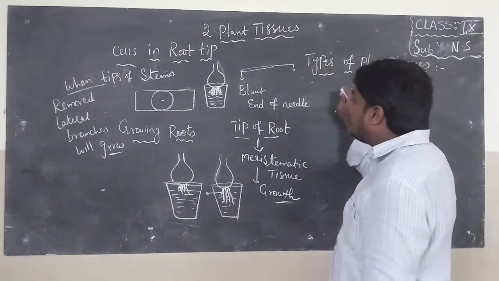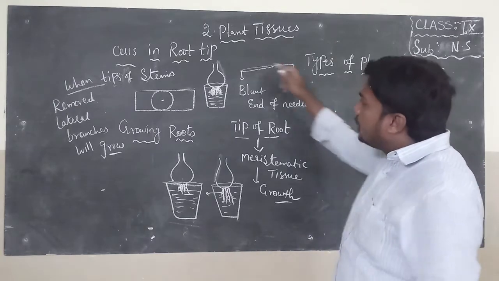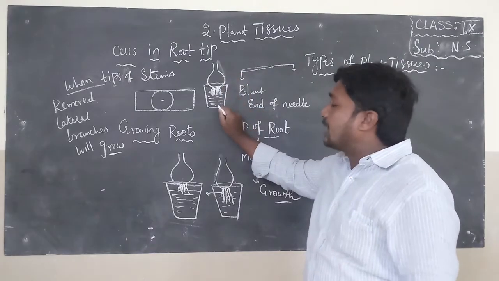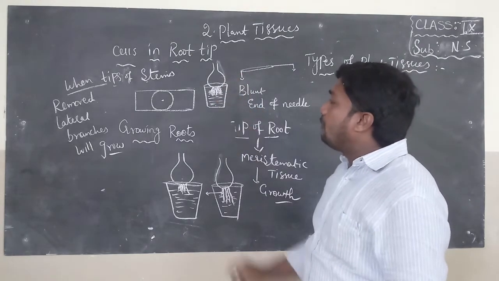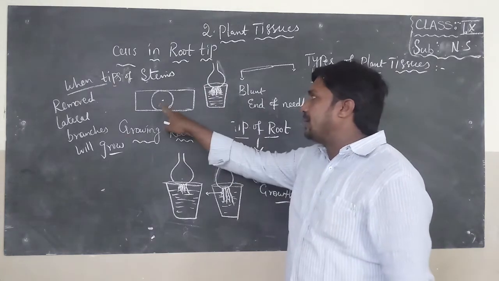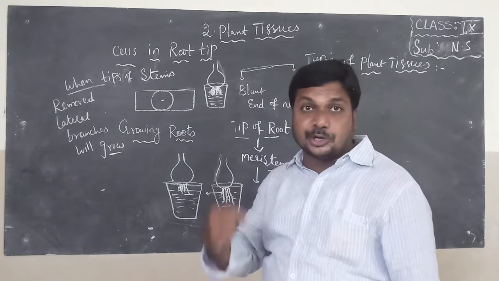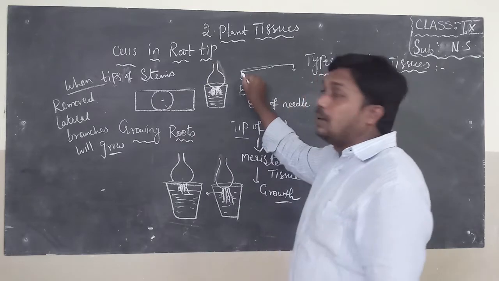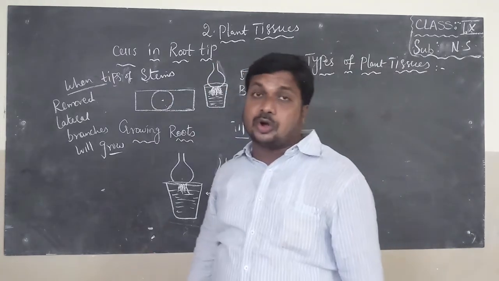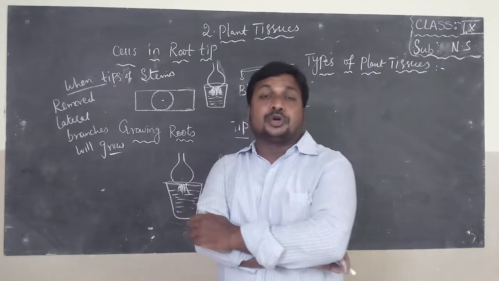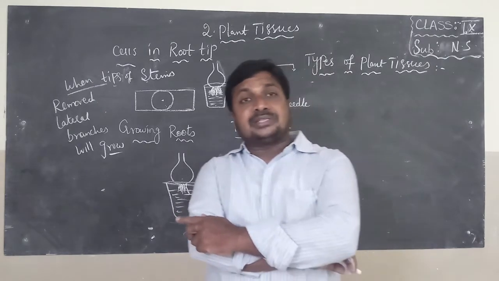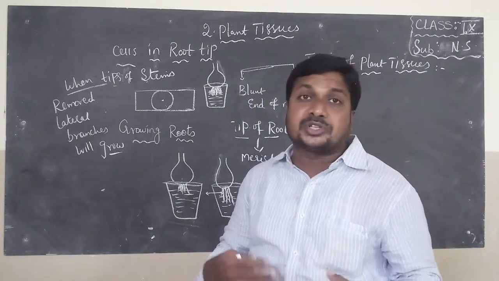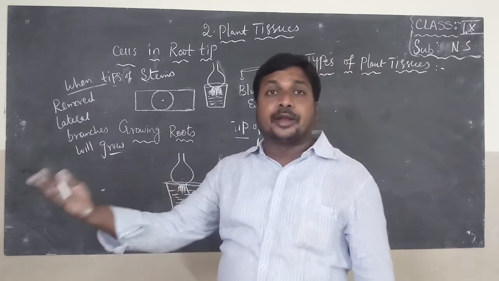So according to this, types of plant tissues. In this activity, we kept an onion along with roots in a glass of water, and when you cut the tip of the root, keep it on a slide, put a water drop and glycerin on it, and cover the slide with the cover slip. Now press the material with the blunt end of the needle, and if you observe under the microscope, we can find cells like this. Already I showed. So already we observed cells in onion peel and cells in a leaf. If you observe in these three activities, we can find that cells have different shapes in onion, in leaf, or in root.